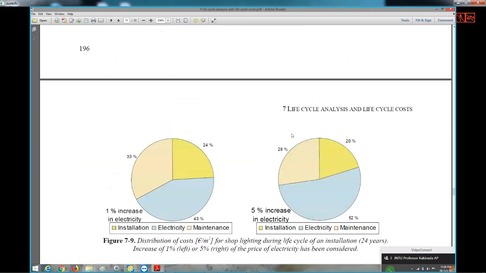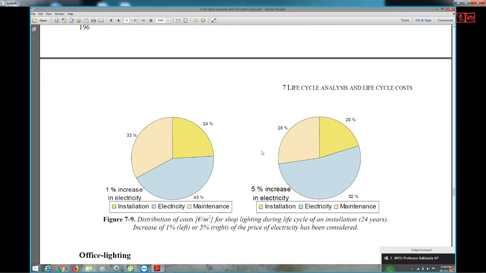And coming to this another category, the distribution cost of lighting during its life cycle of an installation. Here we are going to have some comparison. So installation charge is 24%, the electricity consumption charges is 43%, and the maintenance charge is only 33%, for a 1% increase in electricity. Whereas, coming to this 5% increase in the power